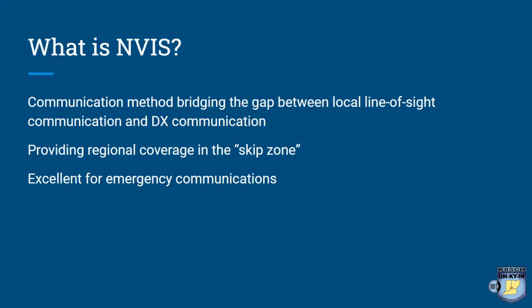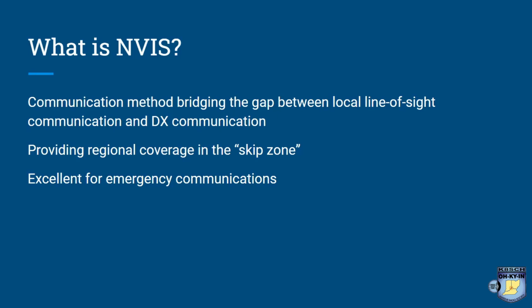With DX, you're trying to talk as far as you possibly can. You've got that skip zone, the dead zone where you just can't hear anything. Like I was talking about with POTA, I could not hear the guys over in Mississippi. We were just too close together the way propagation worked. This allows us to make sure we can talk within that zone, because again, it's for regional